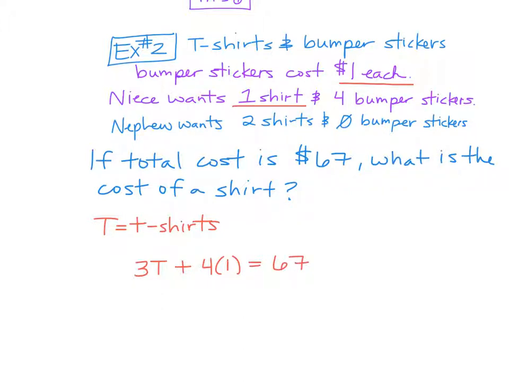So here's the thing. You could have started this equation as a t-shirt for the niece plus 4 bumper stickers, right? $4 plus 2 t-shirts for the nephew equals 67, right? We did a little bit of the work in our head already by calling it 3T because T plus 2T,